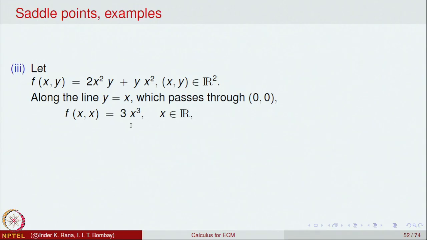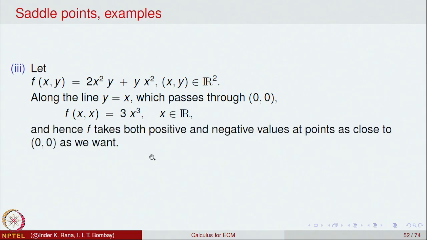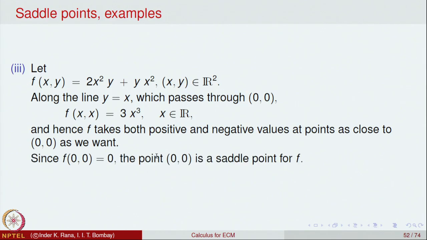So, close to (0, 0), if x is on the positive side, it will take the positive value, and if x is negative close to 0, it will take the negative value. So, (0, 0) is a saddle point for this function. This is the way we can analyze saddle points by definition, namely these are the points which are critical